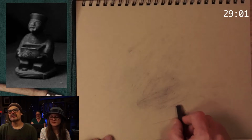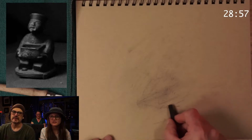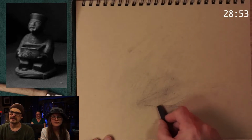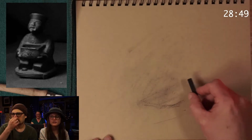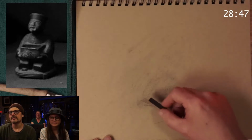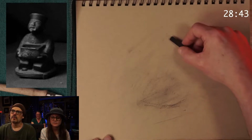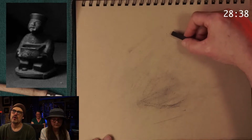All right. So what you see me starting on today, you see there's some. I was testing out some charcoal sticks. My other one got down to a nub, so I had to trade them out. So I was making sure I had a nice soft one. But I don't worry about that. By the time we finish today, you won't even know that those were ever there. And what you will see me do today is a little more,